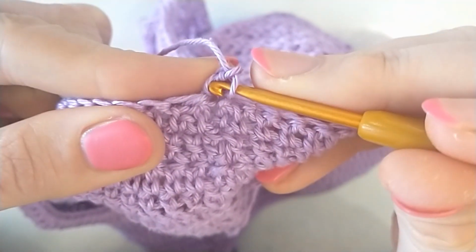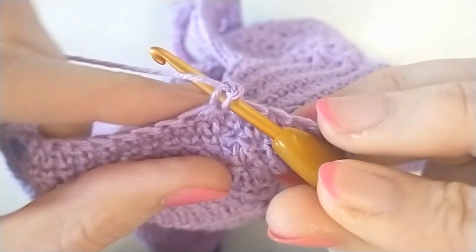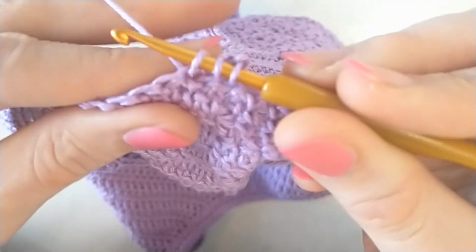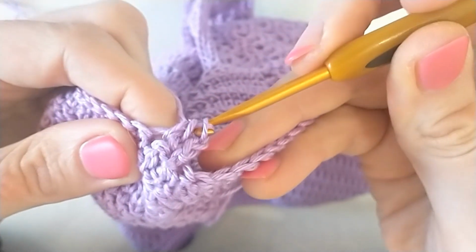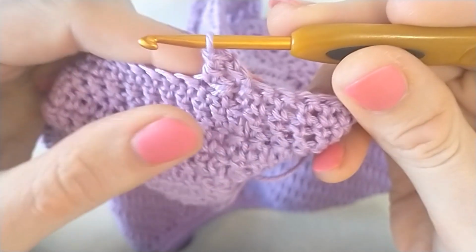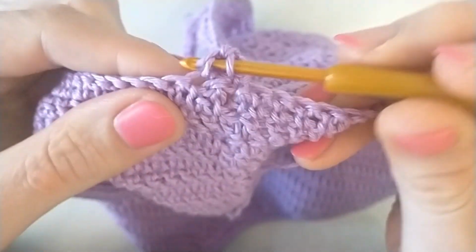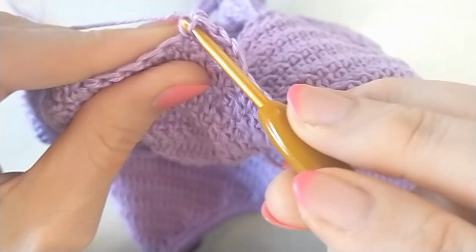So this is the left leg of my single crochet, so I'm just going to insert and pull up a loop in my next stitch, and then I'm just making a double crochet. So pull through 2 and pull through 2. So that's my linked double crochet, and now I can just continue like this,